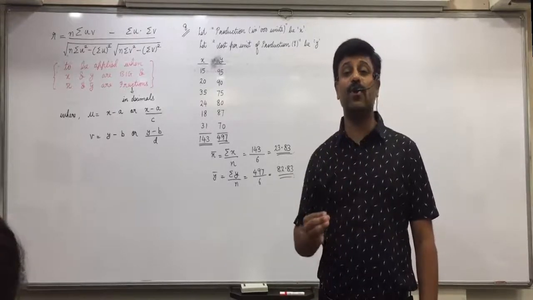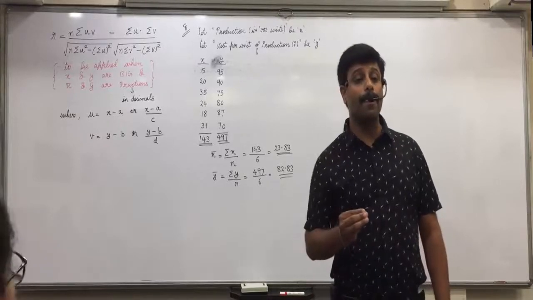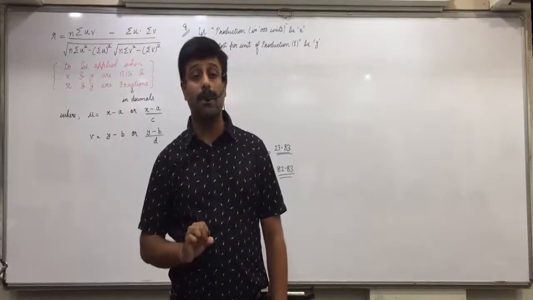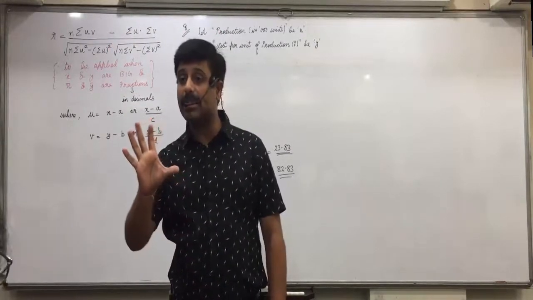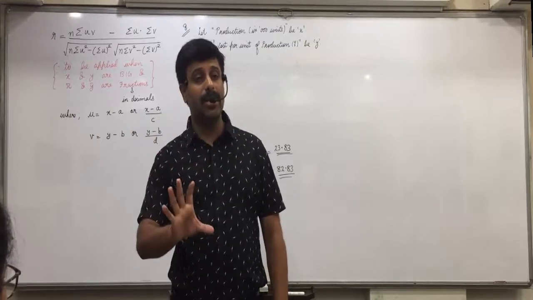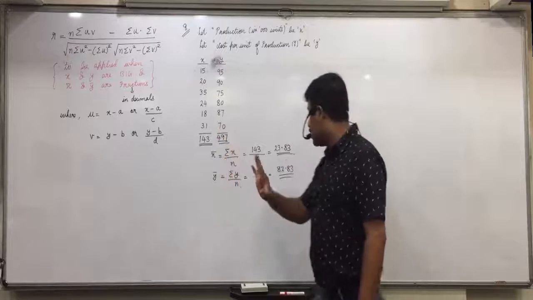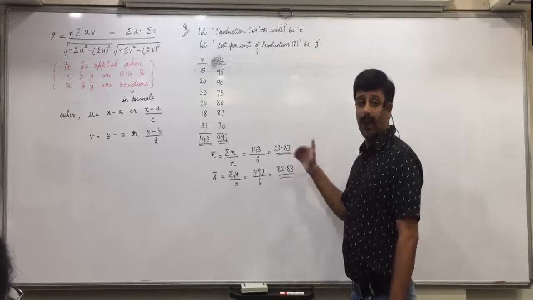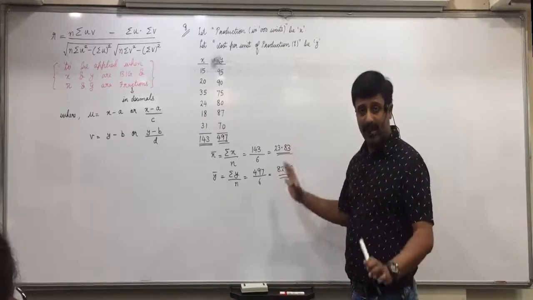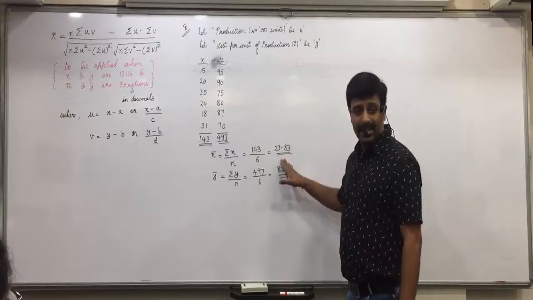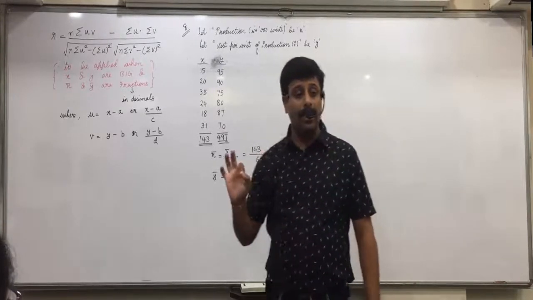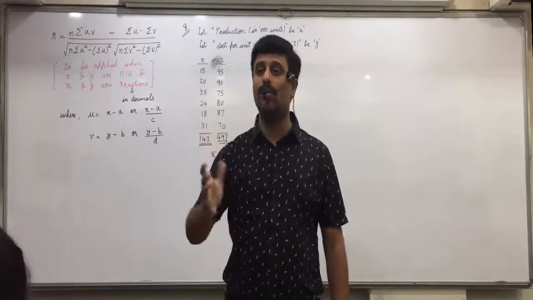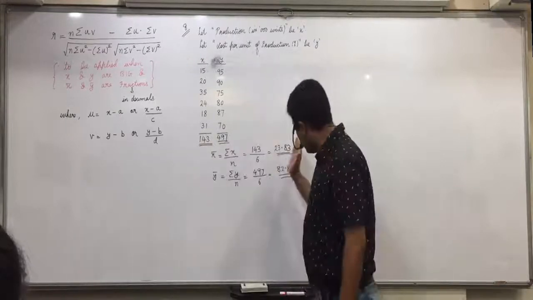But what is the purpose of using these formulas? Why did we use that 6th formula yesterday instead of 4th? Avoid large numbers. Make the calculations simple. Calculations will become simple only if you take assumed mean near to 23.83. Why don't we take 24 and take 23? There is no hard and fast rule. You can take 24 also. If you take on the higher side, then the total will become negative. And negative means in the formula there are chances that you may again make a mistake in writing minus or plus. That is the reason I always said take on the lower side.